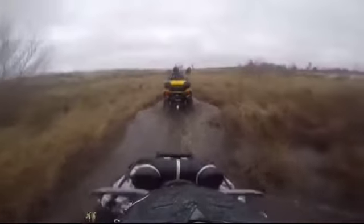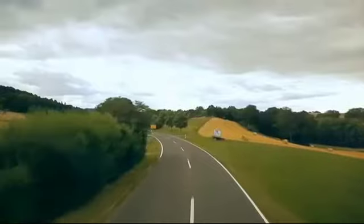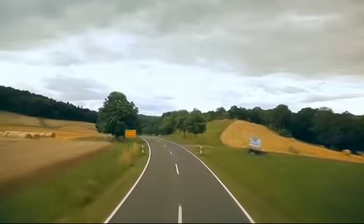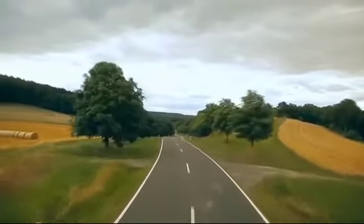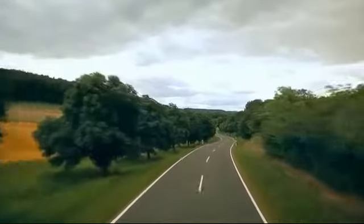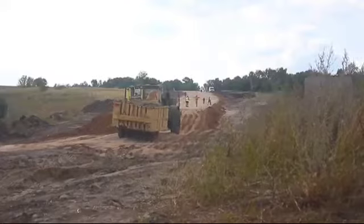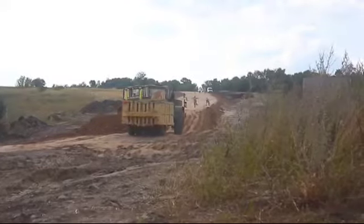ATVs and dirt bikes are fun, but most of us don't want to wear a protective bodysuit for our daily commute. Safe and efficient travel means smooth curves, both horizontally and vertically. It means grades that aren't too steep, and it means paths that are relatively direct between points of interest. In a very general sense, that means to build a roadway, we need a way to smooth out the surface